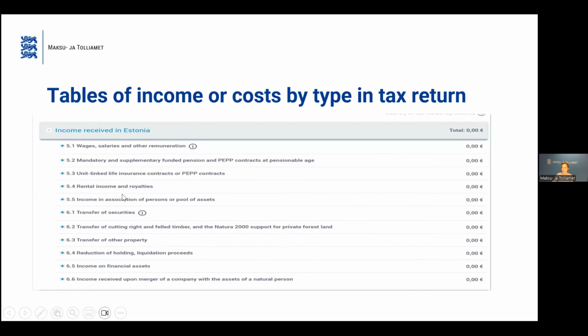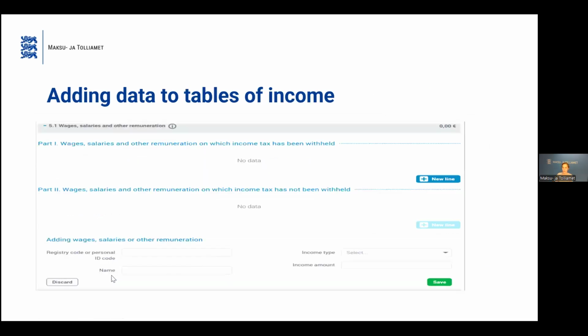If you have already filled something in, then you can see information about your income and calculation and so on. So please just find the right table depending on the type of income. In case of foreign income, there are separate tables for foreign income, which are very similar to those of Estonian income, but there are additional places where you can fill in the foreign income tax.